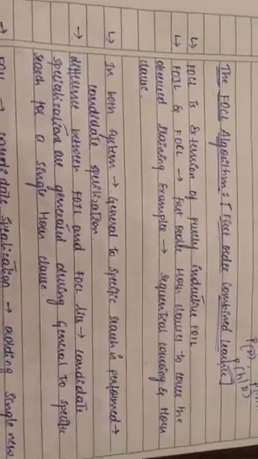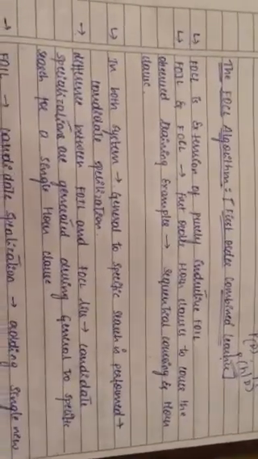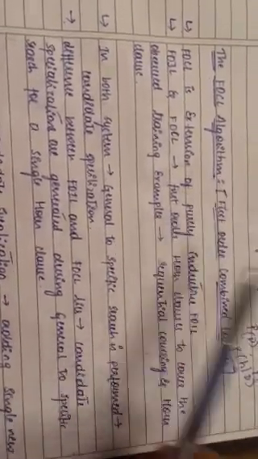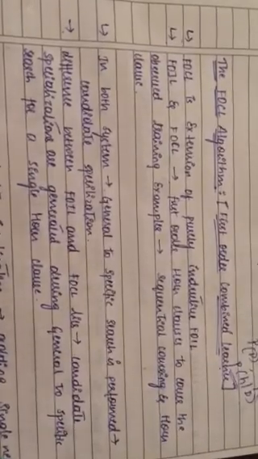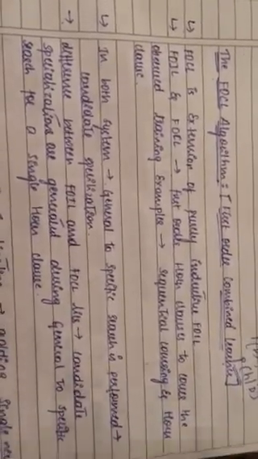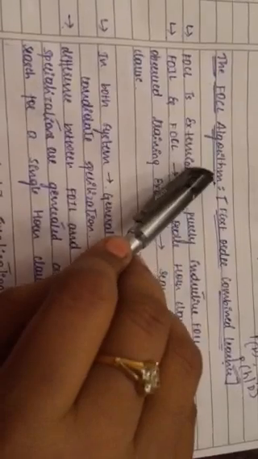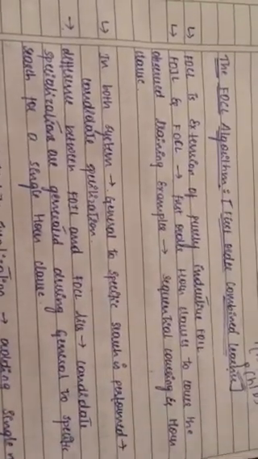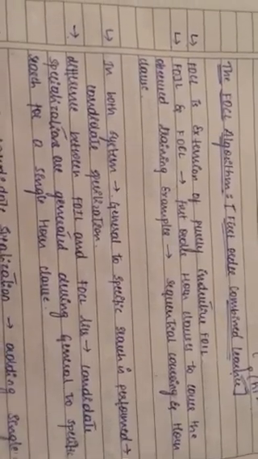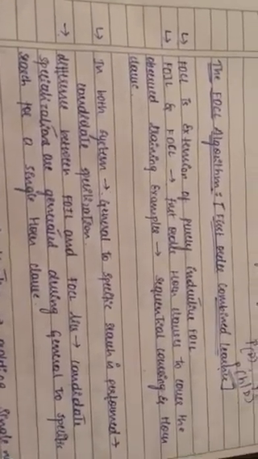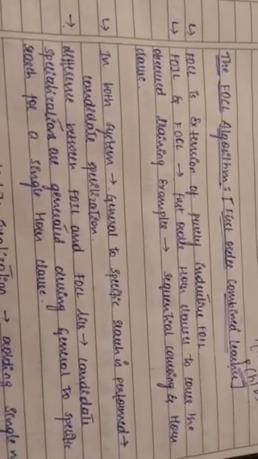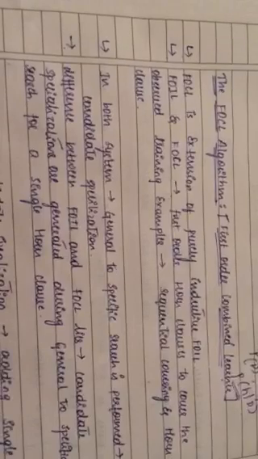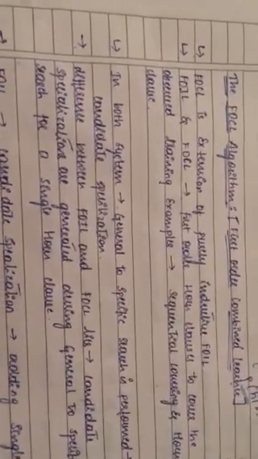Next very important topic and the confirmed question that carries 10 marks is the FOCL algorithm. The full form of FOCL is First Order Combined Learner. Already in the learning set of rules, I have explained the FOIL algorithm. FOIL is nothing but First Order Inductive Learning. So we have seen the FOIL algorithm.